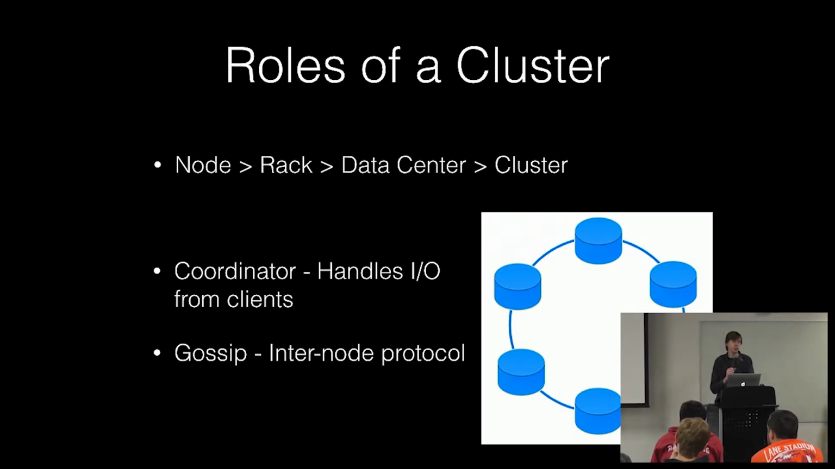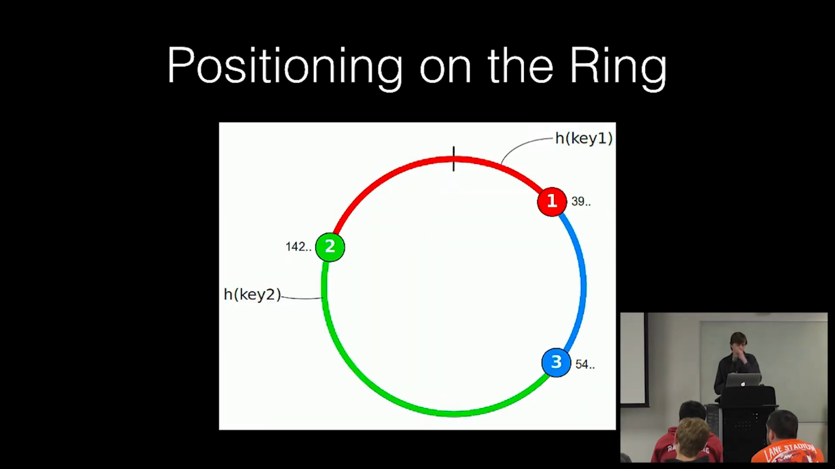That gossip protocol also includes information about the load, the response time, the current position of that node within that ring, stuff like that. Speaking of position on the ring,